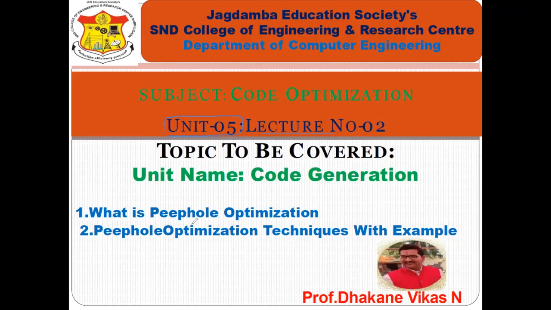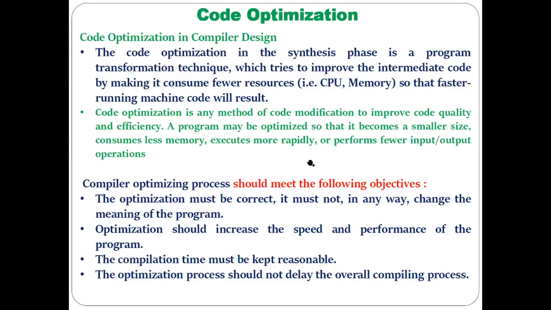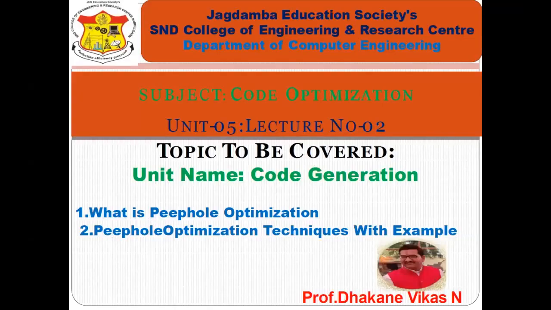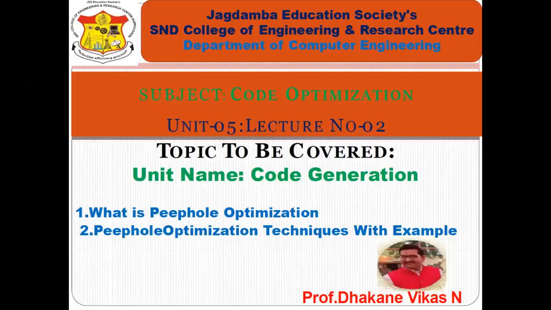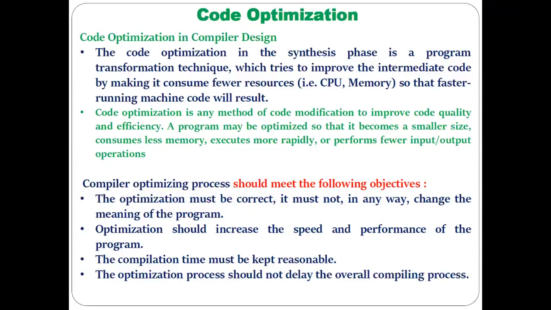As for what exactly code optimization is, we have already discussed that. But I already told you in the previous lectures also that code optimization generally gets performed at different times, and based on that there are two important types of code optimization that we discussed last time. So today our point of discussion is what is peephole optimization and its different techniques with examples.